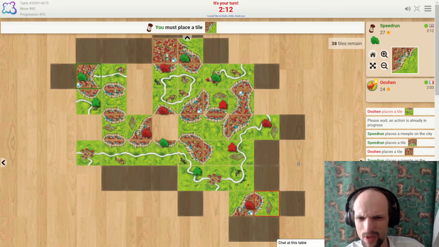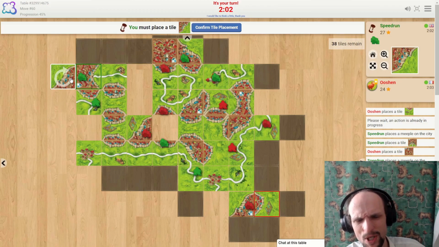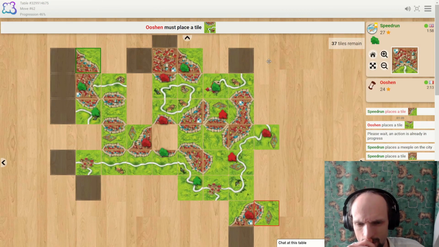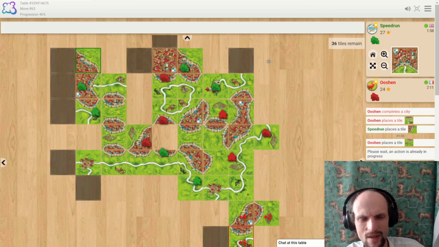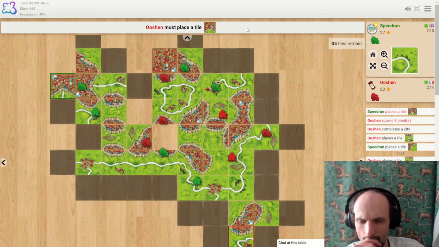So now I should be connecting to them ideally. But then I also need the tile here. Oh man, why do I do such premature stuff all the time? I guess we're gonna follow through. I'm not playing my best at the moment. That was a bit unnecessary. But we committed to the play already, so...